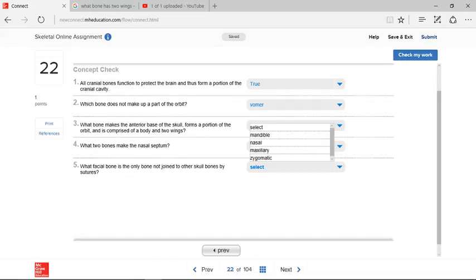So we know the zygomatic, the cheek, is obviously going to be formed by sutures. And sutures, if you guys don't remember what those are, are like little ridges, but they are seamless on the skull. Like, you can't tell each part of the skull apart. Those little sutures are what divide those portions of the cranial bones. And then the nasal,